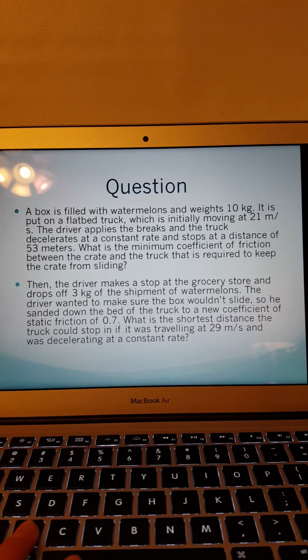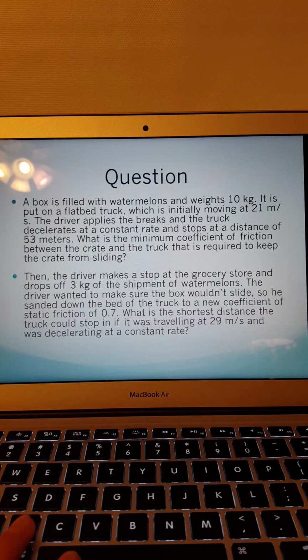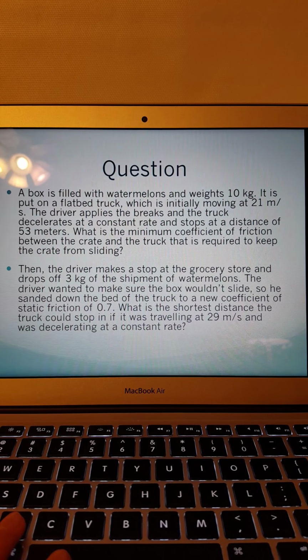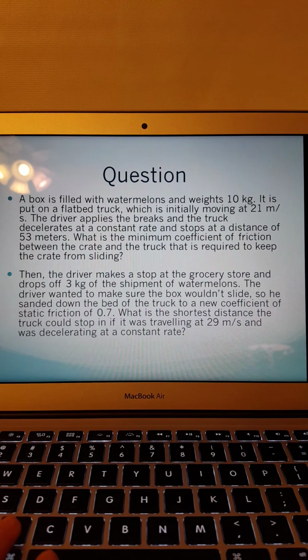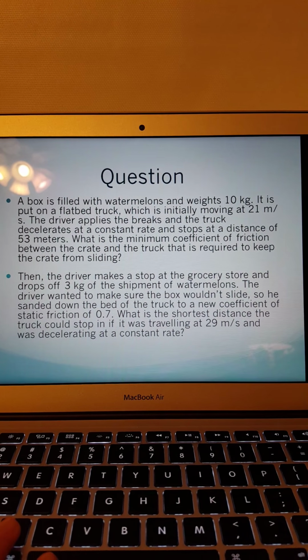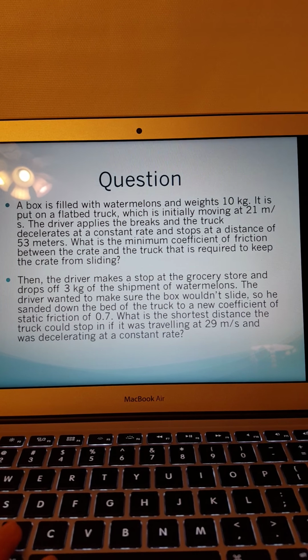Question. A box is filled with watermelons and weighs 10 kilograms. It is put on a flatbed truck which is initially moving at 21 meters per second. The driver applies the brakes and the truck decelerates at a constant rate and stops at a distance of 53 meters. What is the minimum coefficient of friction between the crate and the truck that is required to keep the